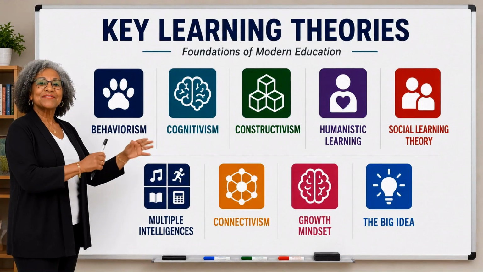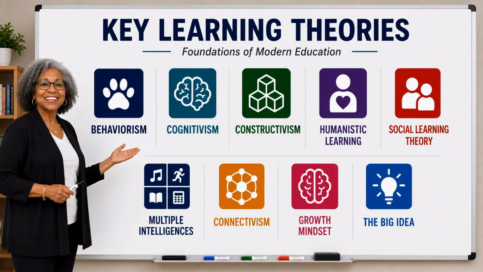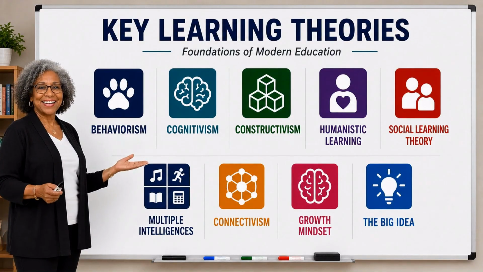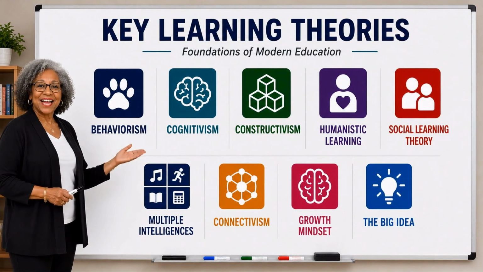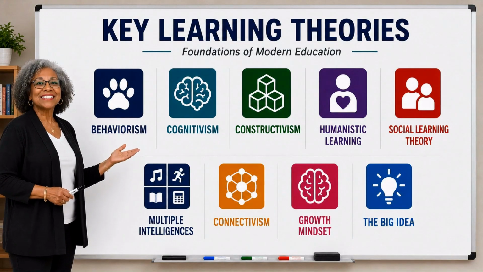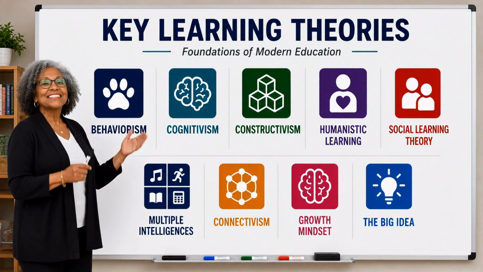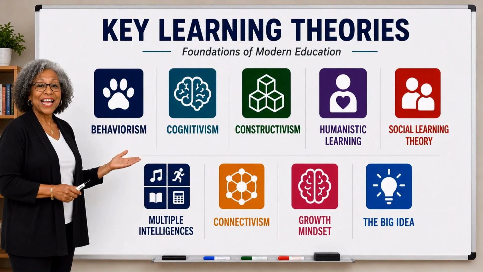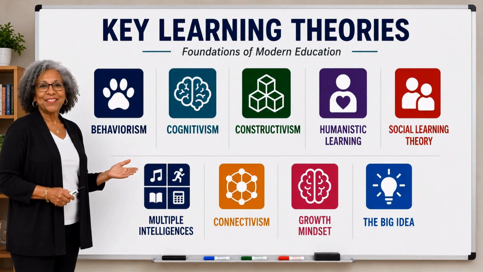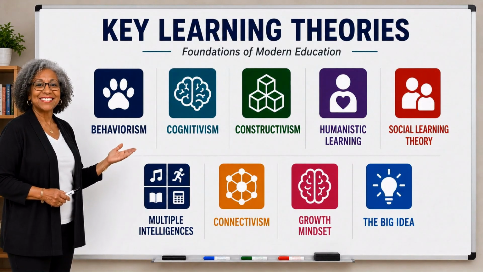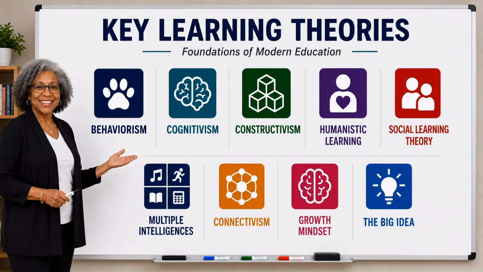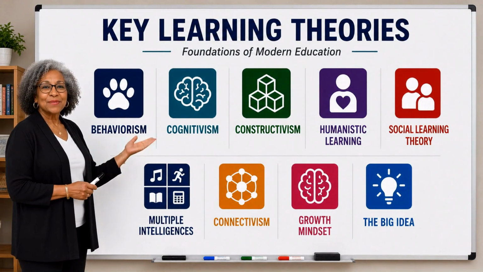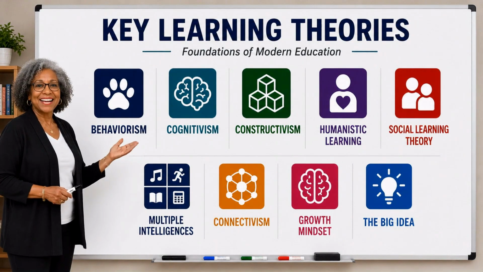Carl Rogers believed the teacher's role is to facilitate learning rather than simply direct it. He emphasized empathy, authenticity, and psychological safety. Humanistic Learning reminds educators that supportive environments improve learning outcomes. Social Learning Theory, 1960s through 1977. Albert Bandura developed social learning theory. Bandura showed that people learn by observing and modeling others.